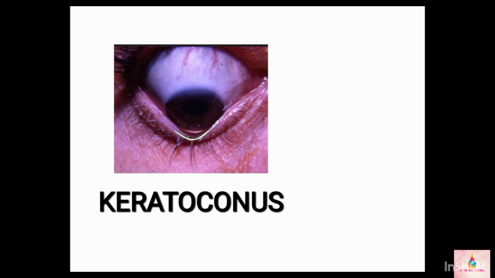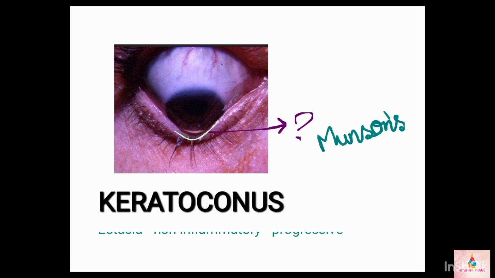And this can also come as an image-based question, not only as the diagnosis but also as the identification of the signs. You can see this V-shaped indentation of the lower lid when the patient looks down. In this image, you can see the patient is looking down and the lower lid is giving away the V shape, right? This V-shaped turning of the lower lid on down gaze is known as what sign? This sign is known as Munson sign. Okay, this can be asked as an image-based question. So let's dive into the topic.